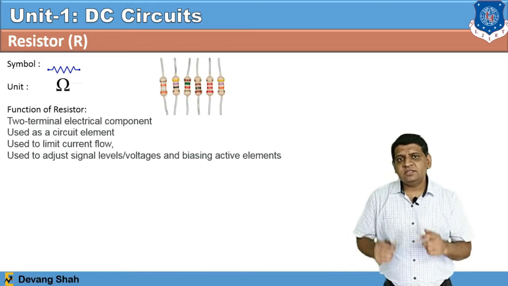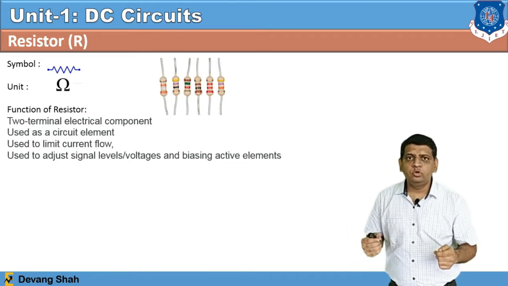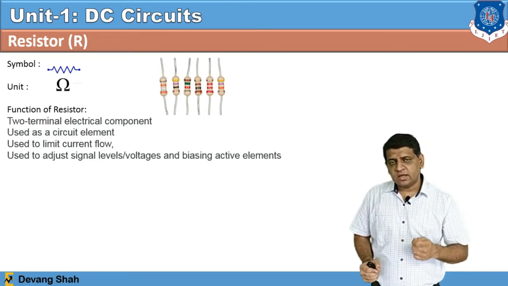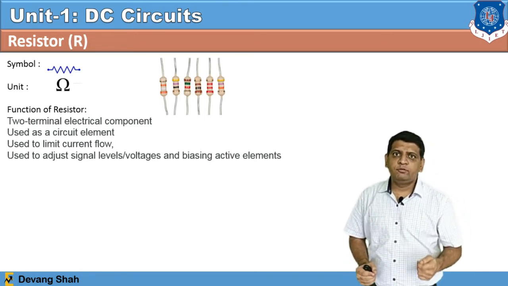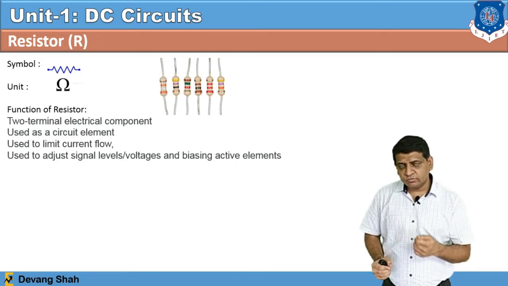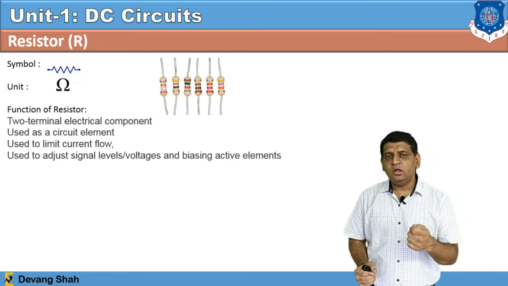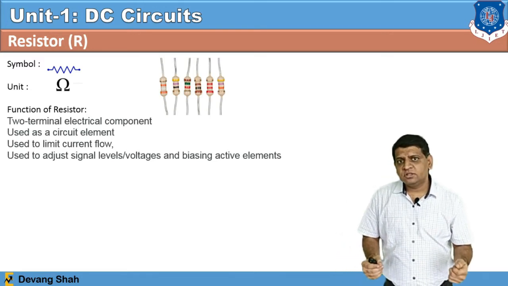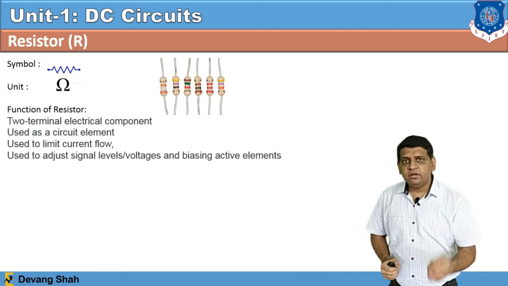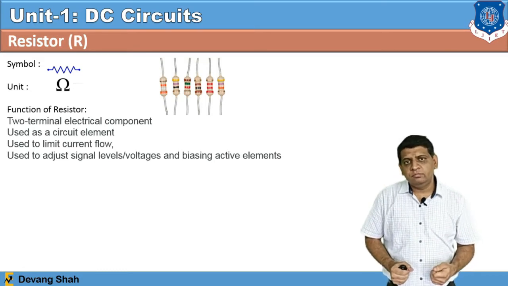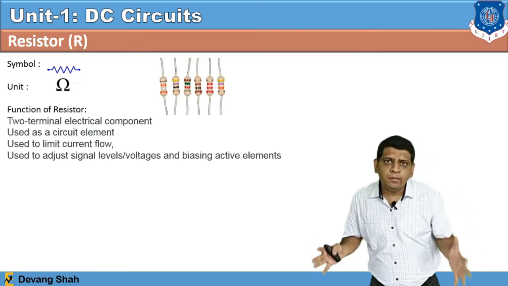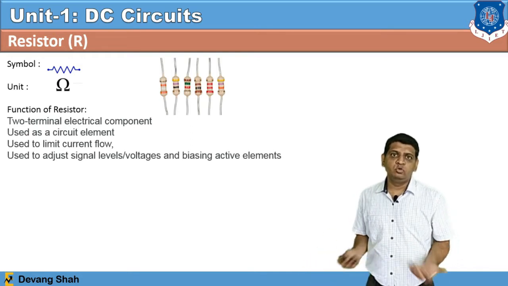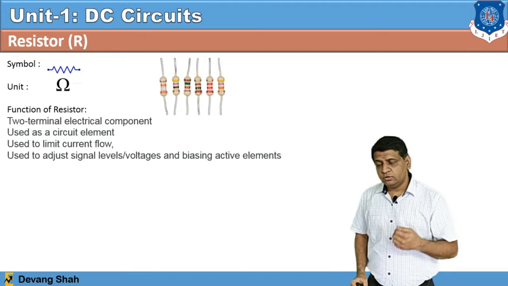So ultimately this resistance gives you two important fundamental functions. One is that it has a voltage drop, and the other is that current flows through it. Because of the flow of current through it, you can regulate the flow of current. These two important functions are very useful to design a circuit. Our ultimate aim is to design the circuit for those home appliances that we can use for the society.